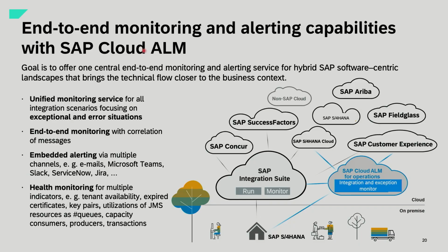Then coming to one other topic: how can you monitor SAP Integration Suite centrally? There's also a very good response here with SAP Cloud Application Lifecycle Management. It's available free of charge for any SAP Cloud customer. You can use SAP Cloud Application Lifecycle Management like in the past